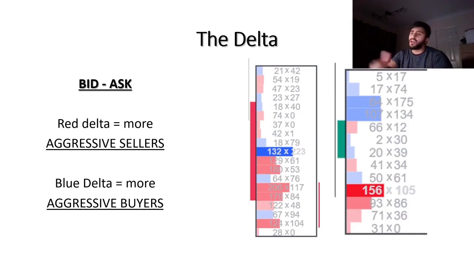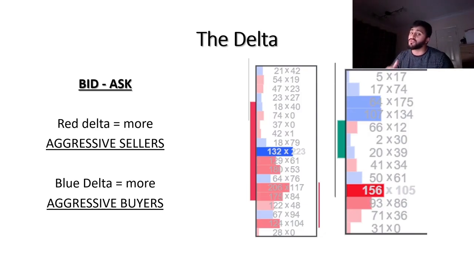Quite intuitive. Now blue is the opposite. There's the bid and the ask is a positive number, right? So the bid minus the ask is above zero. There's more aggressive buyers than there are aggressive sellers. And this tells us that, again, there's more aggressive buyers than there are aggressive sellers, right? That's the basic concept of delta, and the beauty when it comes to order flow is that you're able to